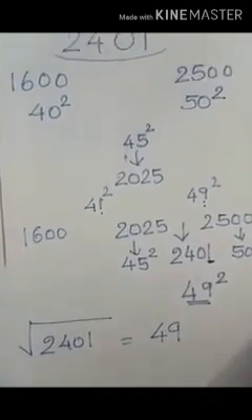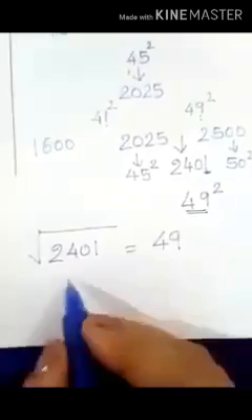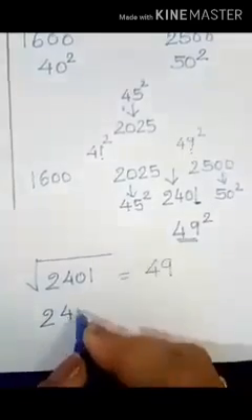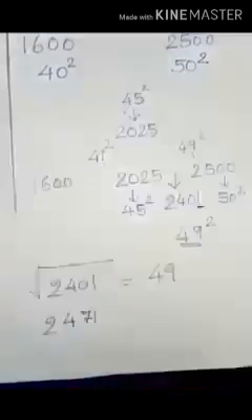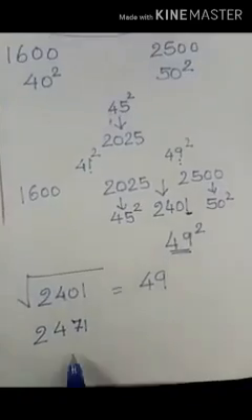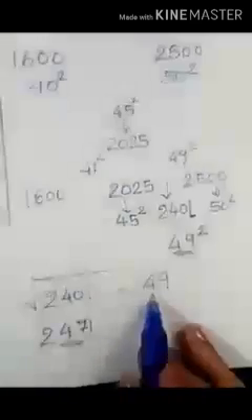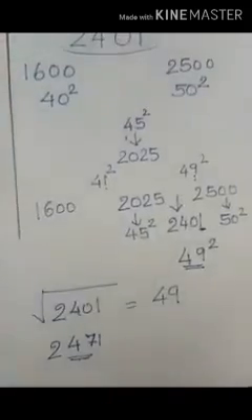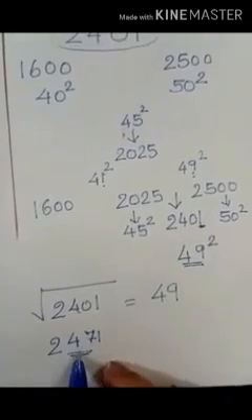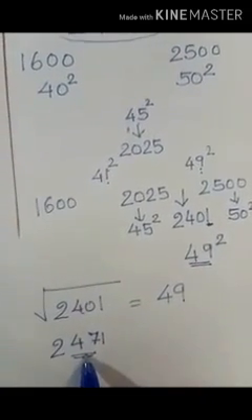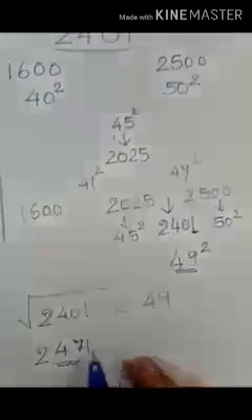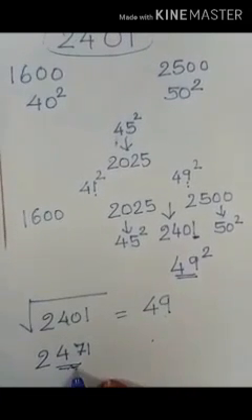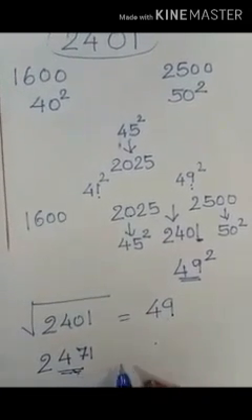But let's see a number here. Suppose instead of 2401, I write 2471. So estimation method will give the answer to this also as 49. Okay, so estimation method gives only the estimate of an answer. It's not always correct because this number is not a perfect square at all. So if we try to find out by estimation method, we will get a wrong answer. So for these type of numbers we need to find the square root using division method, and the answer will be in decimals.